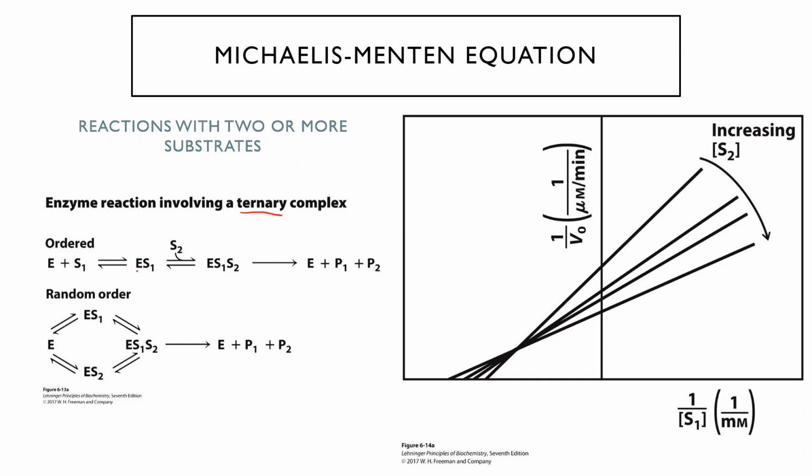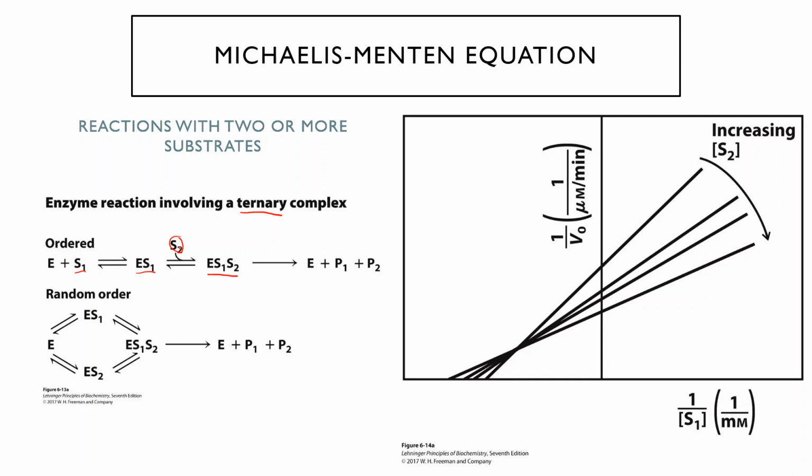A binary complex would just involve the enzyme and one substrate. The ternary complex is the enzyme plus two substrates. And there's two ways for that to happen. You can have an ordered reaction where the substrates have to bind in a certain order. So in this case, substrate 1 binds first, and then substrate 2 has to bind second, and they have to